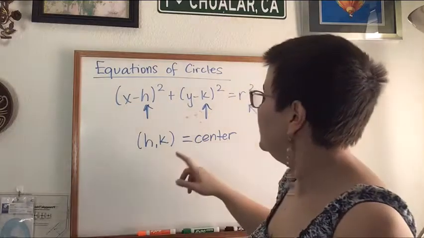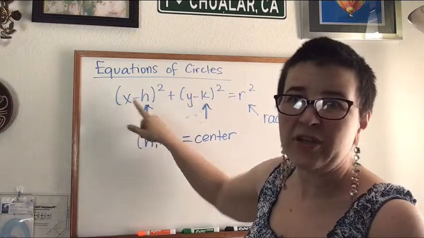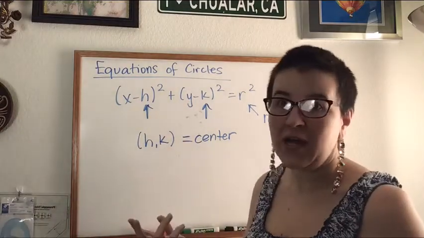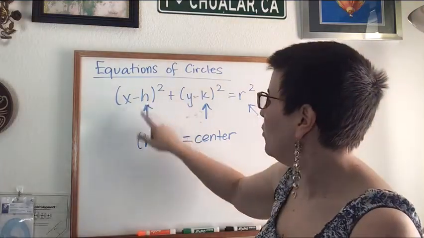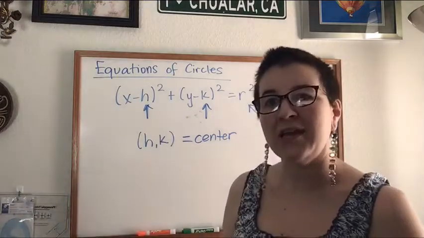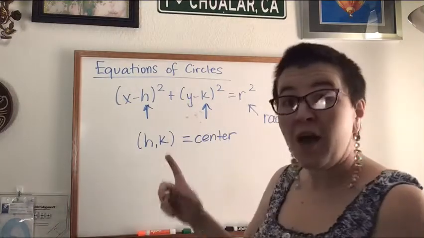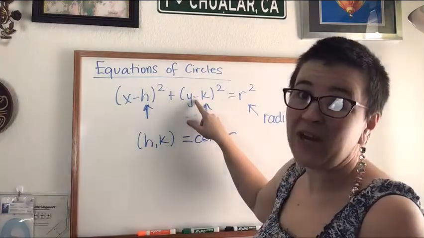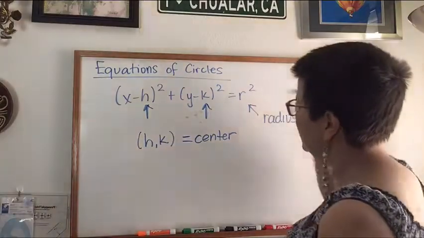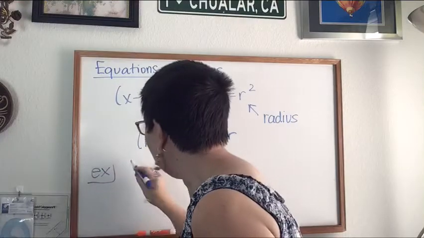What we do is we take this number. Notice it's got a negative stuck in the equation, so when we actually take the value, we change its sign. If it was a -4, we would just use 4. If it was a +4, we'd use a negative. It's kind of like that idea when you're trapped with your x, you do the opposite. Because y also has a negative stuck in it, we also do the opposite when we pull that out. And then, like I said, for the radius, you just have to take the square root of it. So for example, if I gave an equation,